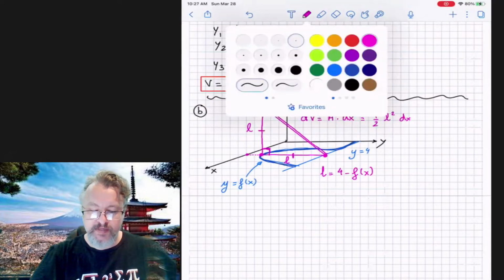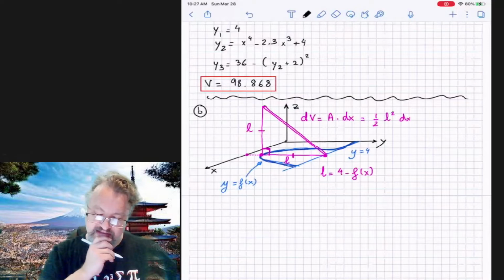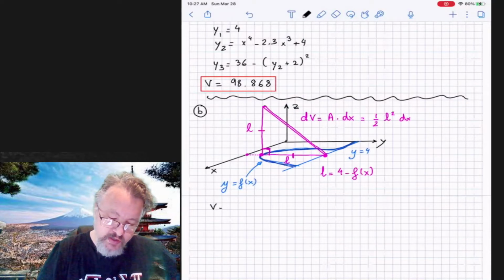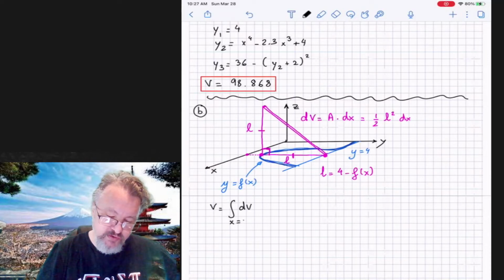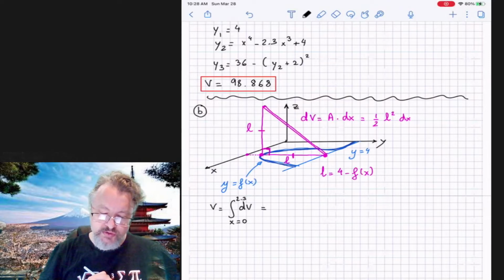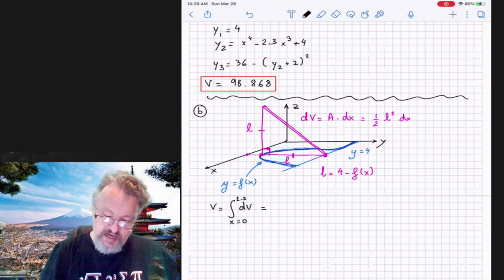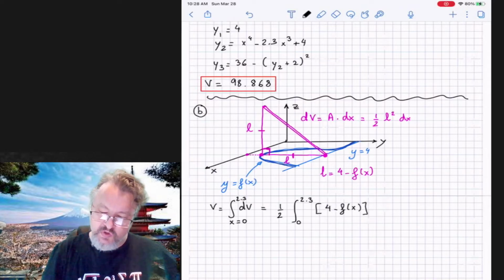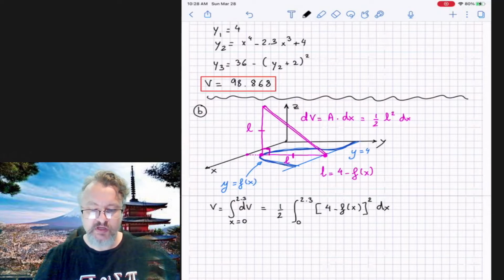All right, let's go back to the original color. That tells me that our volume, which is the sum of all our elementary volumes as x goes between 0 and 2.3, will be equal to 1/2 the integral from 0 to 2.3 of (4 minus f of x) squared dx. Okay, so